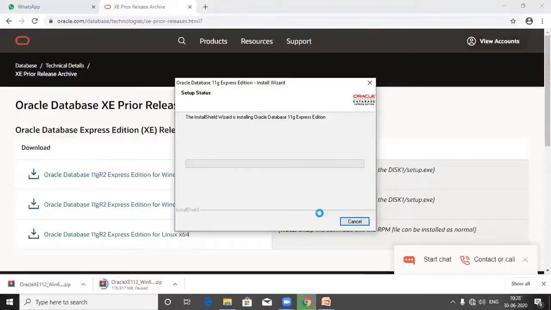Wait for some time for the installation process to complete. Once the installation is complete, you will see the installation complete message on your screen.